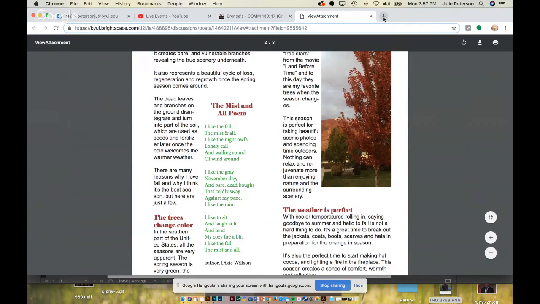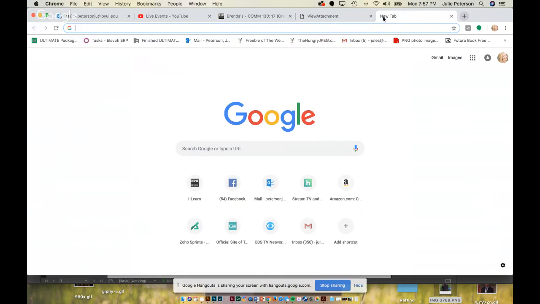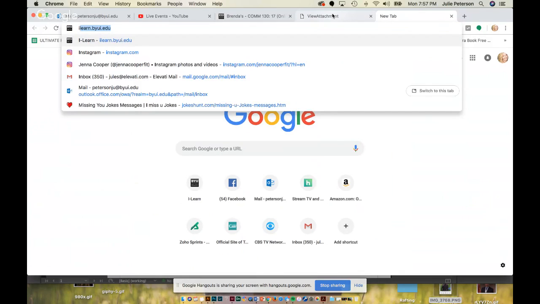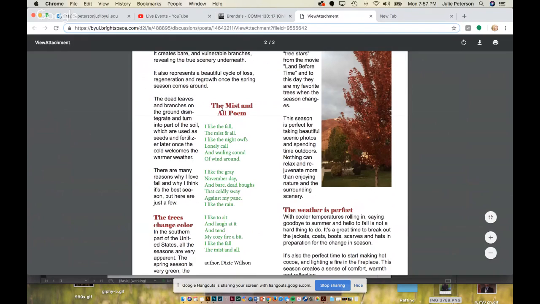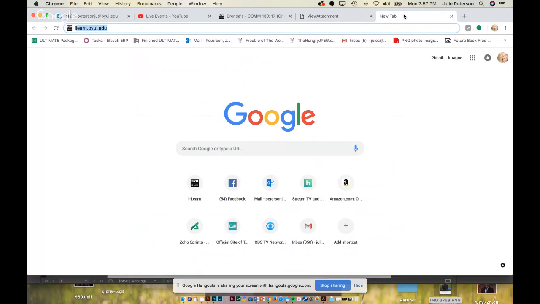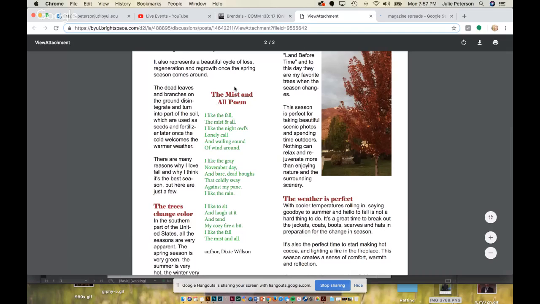Oftentimes with magazine spreads, when you're working with something like this, this is a separate entity, like I'm not supposed to read it like this and this. What helps is, I actually just saw this on Google. It's loading. But to kind of break it up so that it's not in proximity together. I'm reading this, but I'm not sure if I need to read over here yet, or if this is a separate part. So you have to kind of establish that it's separate.